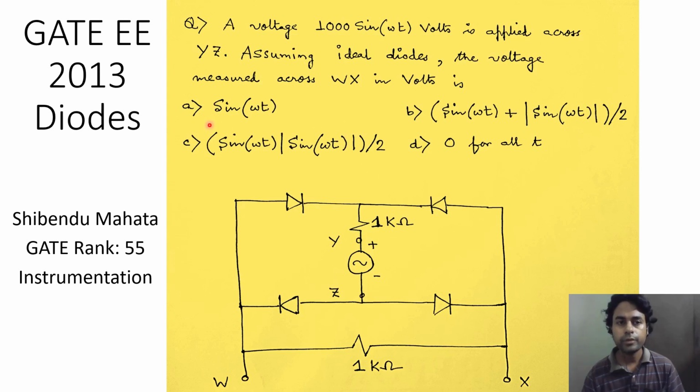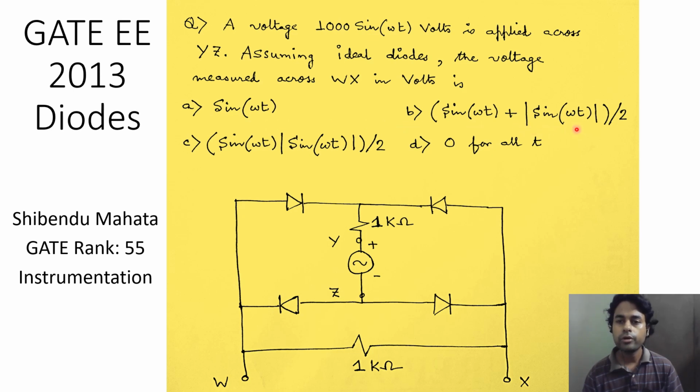This is a GATE problem that came in the year 2013 and is on diodes. The problem is stated as: a voltage of 1000 sin ωt volts is applied across YZ. Assuming ideal diodes, the voltage measured across WX in volts is option A, sin ωt, option B, sin ω